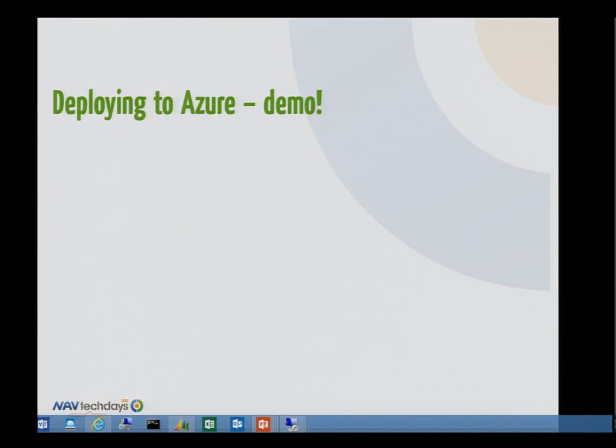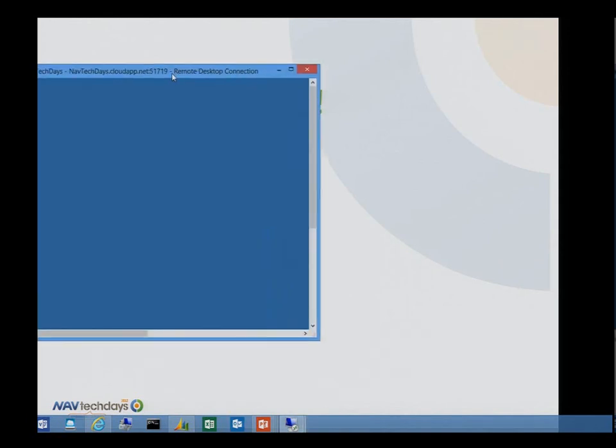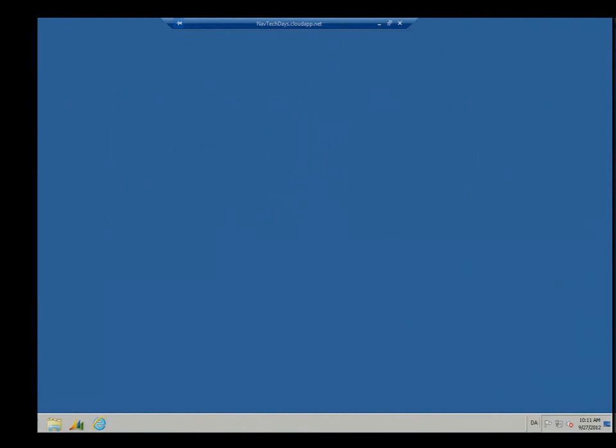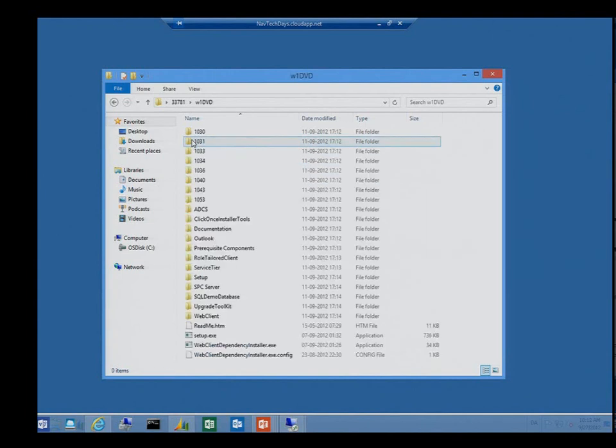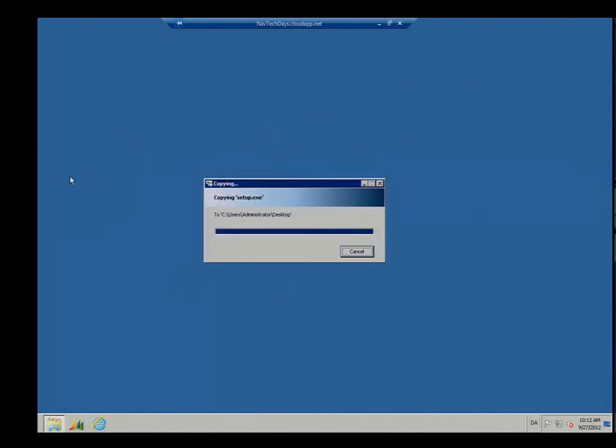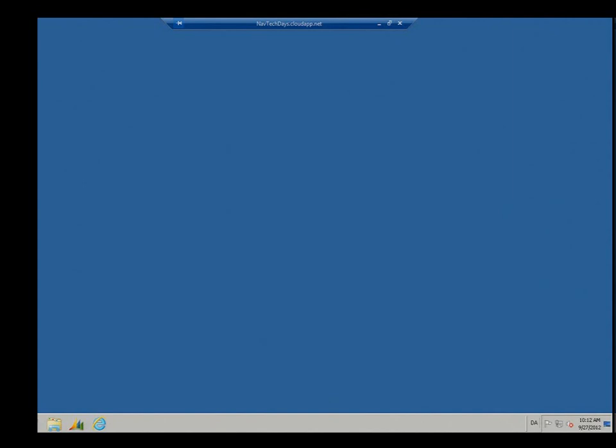No, you can't see it. Sorry. Here we go. I logged in. I can copy a little file to it. Select one here. This one, copy, and paste. It doesn't really matter, just to show that paste takes a little while. It copies the file up there. It's basically just another virtual machine, but it's running in the cloud.